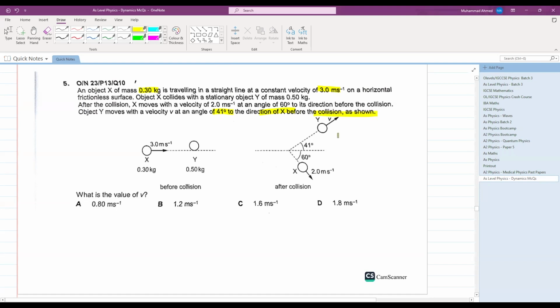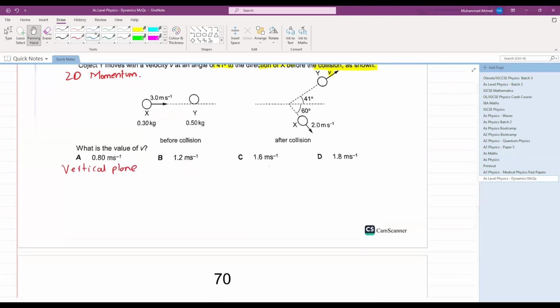We have to calculate the value of v. How will we do that? This is a basic question of 2D momentum. Is there any way we can calculate v? Yes, we can do that. We can consider the vertical plane and we can say that the